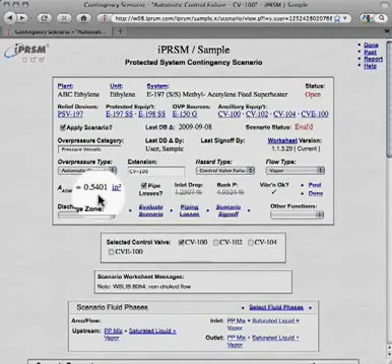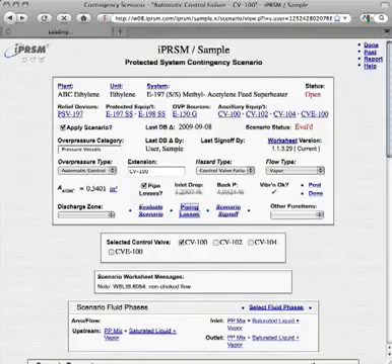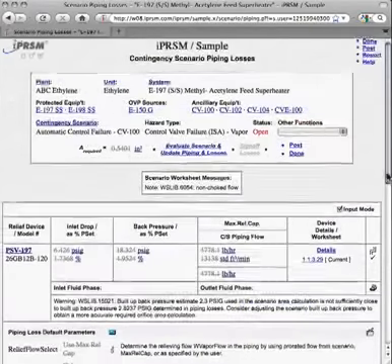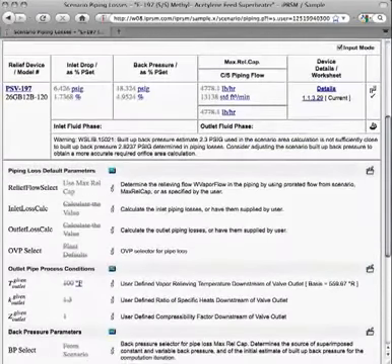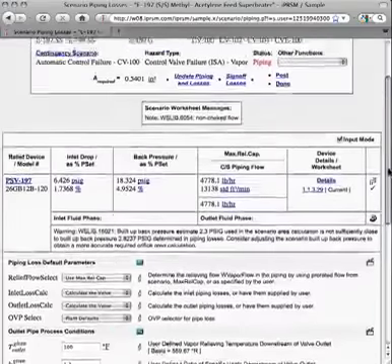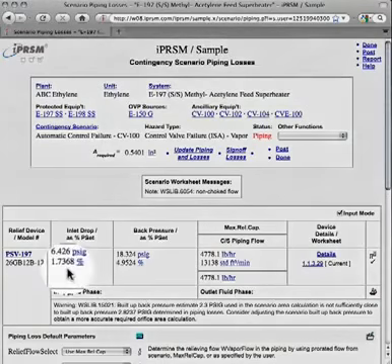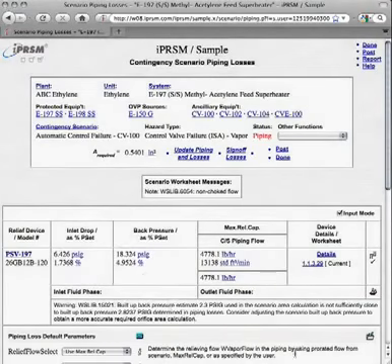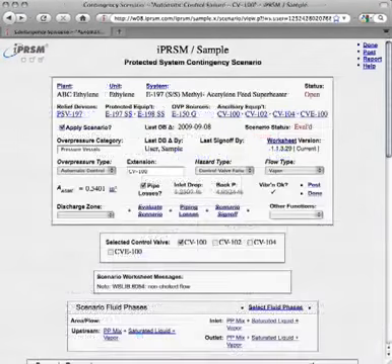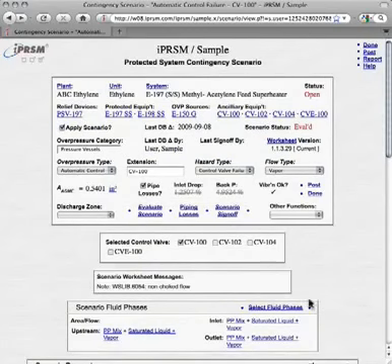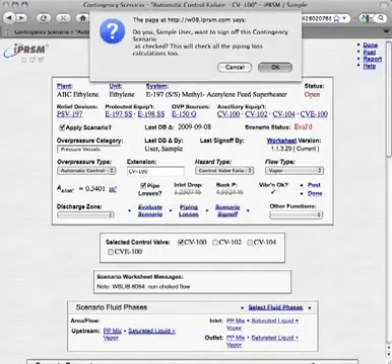Once we know the orifice area, we can move on to the piping losses, where we enter the relevant parameters and pick Update Piping Losses to determine the inlet pressure drop and outlet back pressure values. And once the piping losses are done, we can return to this scenario and sign it off,